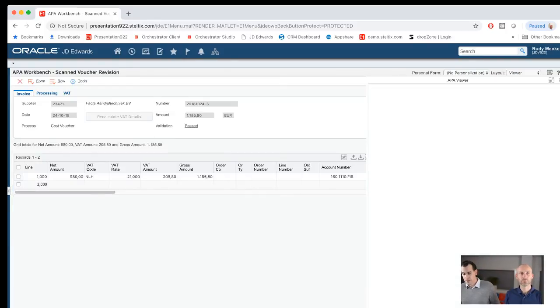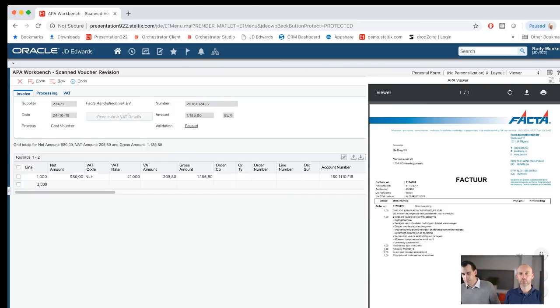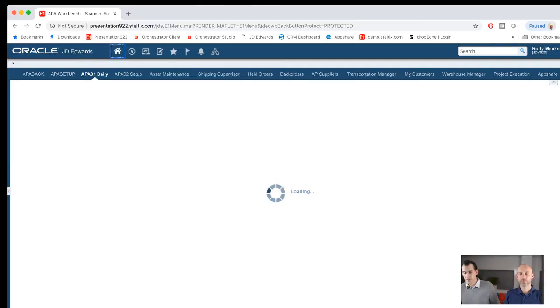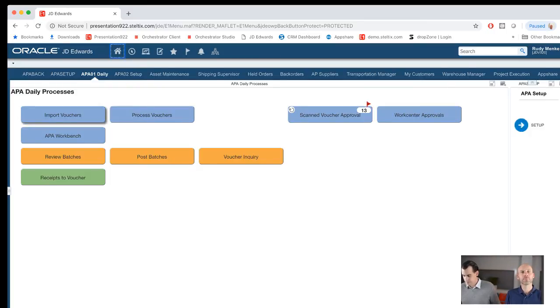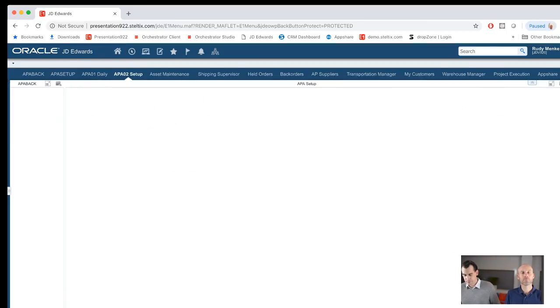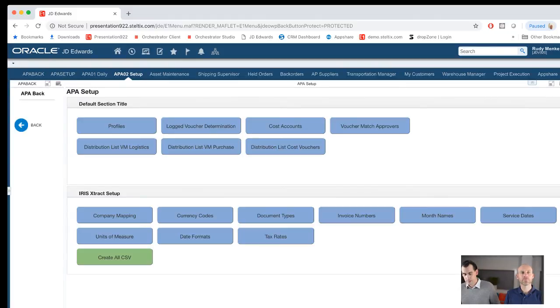Another thing that I want to elaborate on is the soft coding part of APA. So if I go to my setup, I have to look at my screen a little bit, make sure we get the right screen in front of us. Then we see here a bunch of things. We have a profile that can be powerful, because then you can, for several departments, create your own profile, your own network share, and only process those supplier invoices. It can be interesting when you are a supply chain center.